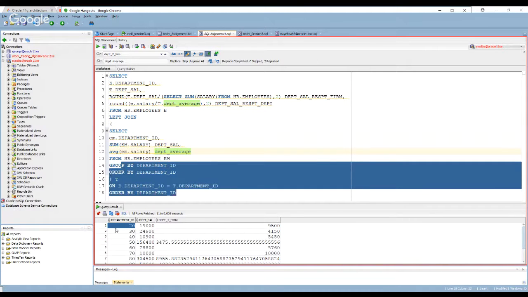So now I have the department average, and then I have the total salary for that department.